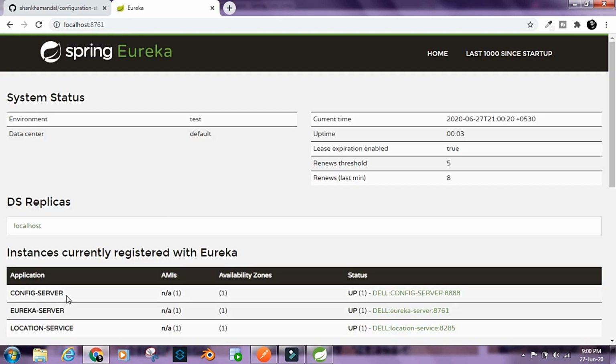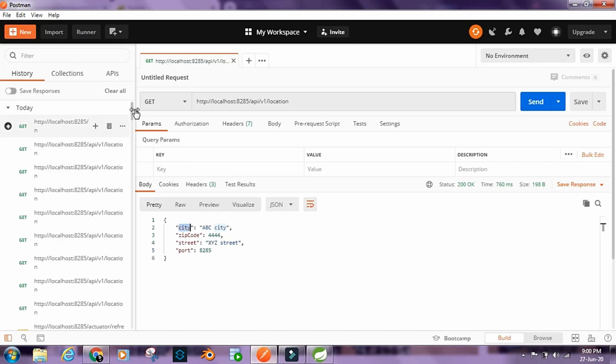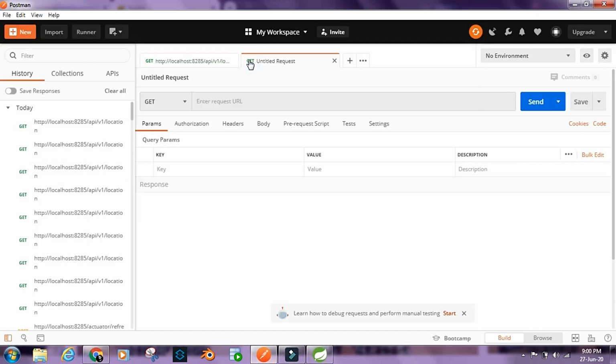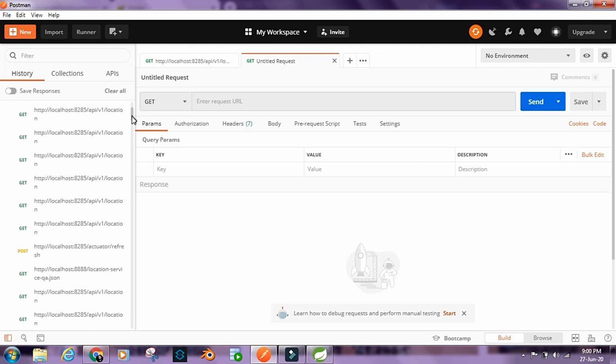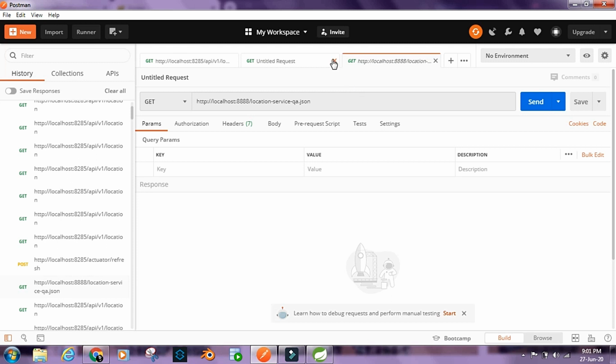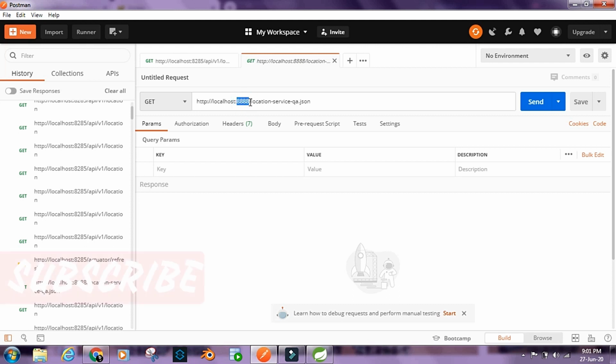So we have the config server and the location server registered with the discovery server. Now let's go to Postman and let's first try to see what is there inside our configuration server. So I'm going to use this URL. So we have our configuration server running on 8888, and the profile or the service that we are trying